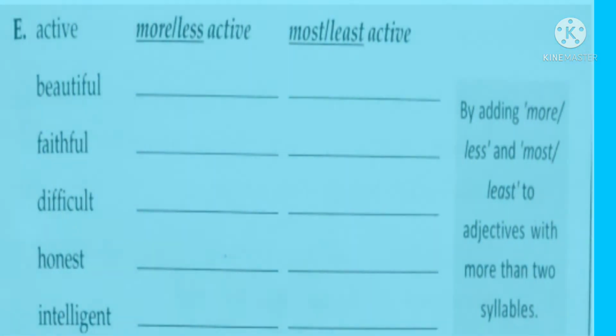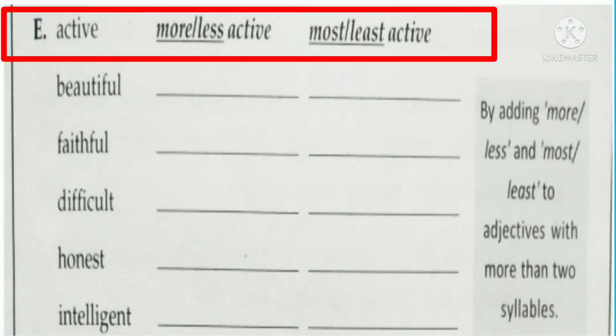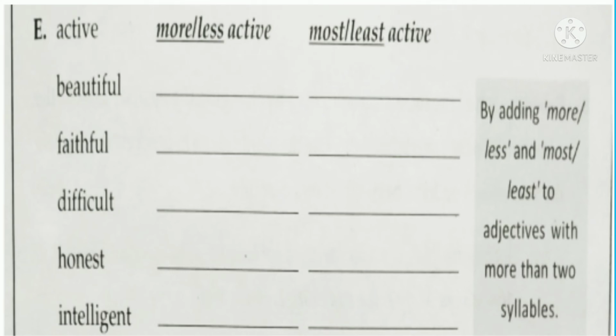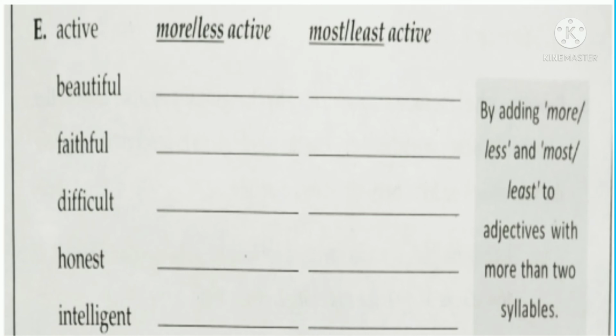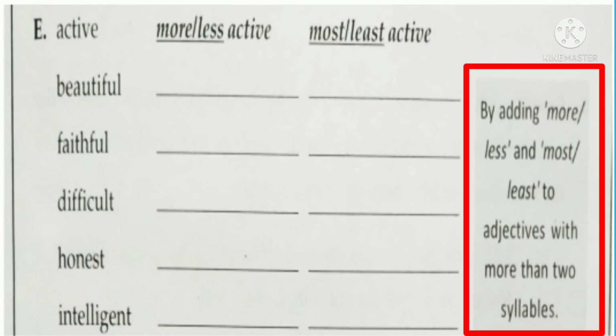So now look at the next exercise. Here also one example is given. The positive degree is active, and the comparative degree of active will be more or less active, and the superlative degree will be most or least active. I hope you remember the last rule, that if the positive degree has two or more than two syllables, then